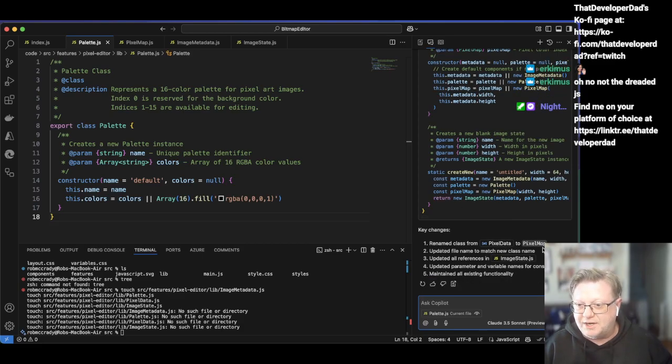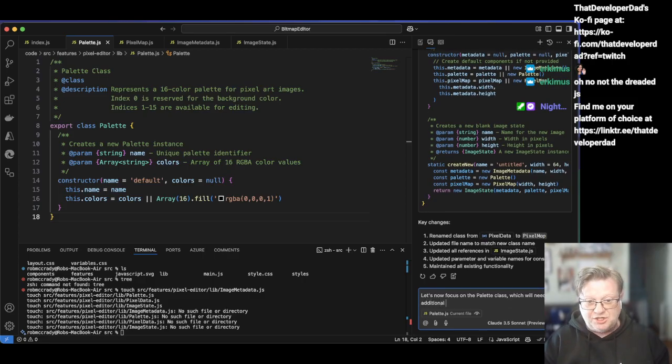Renamed the class from pixel data to pixel map, updated the file name, all references in image state, updated parameter and variable names, maintained all existing functionality. Great. Let's now focus on the palette class, which will need an additional class